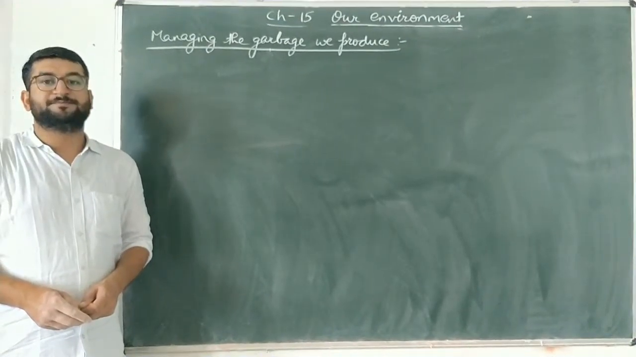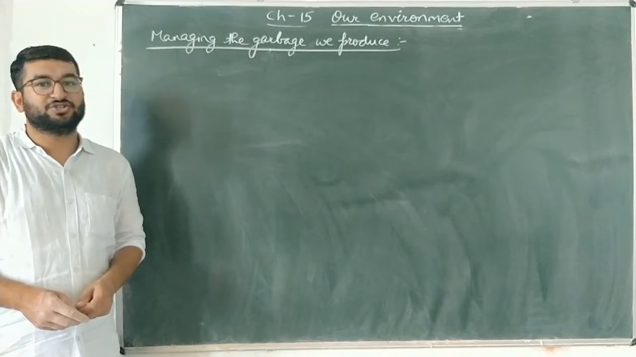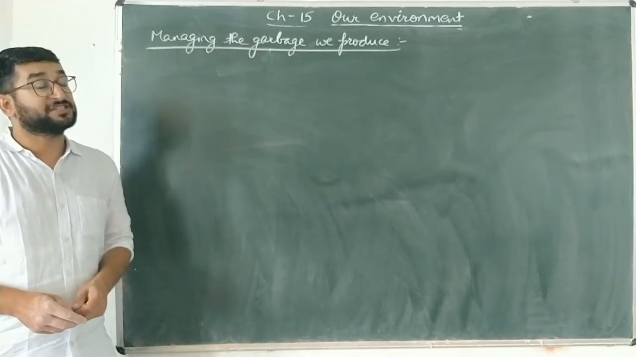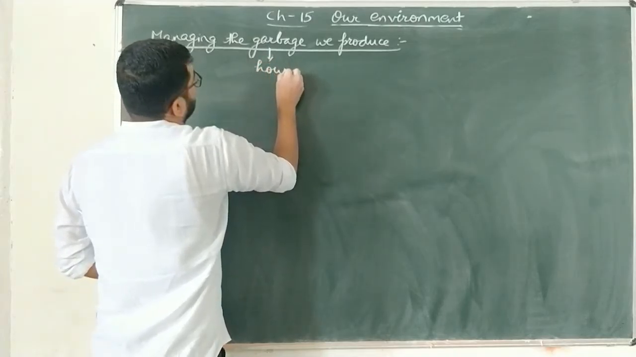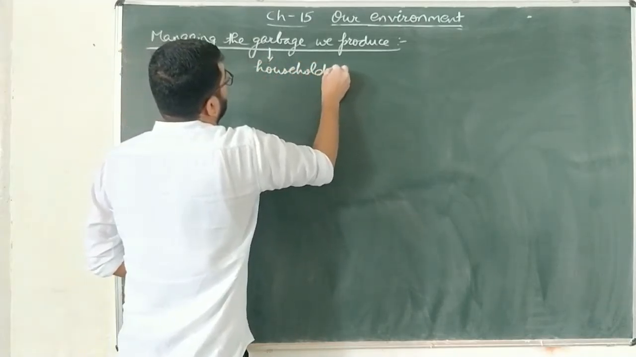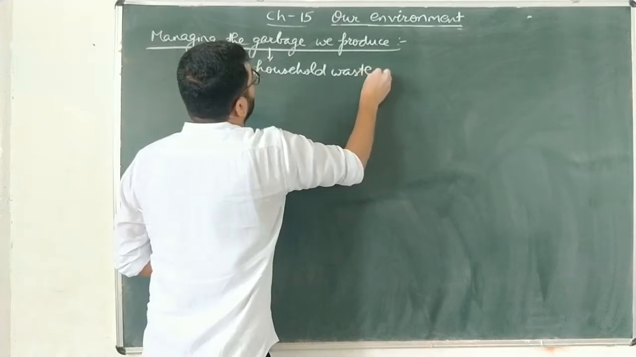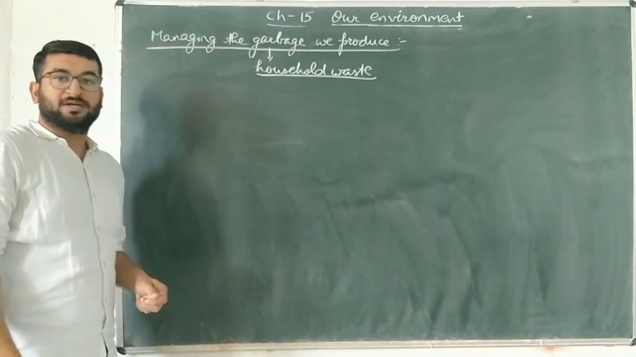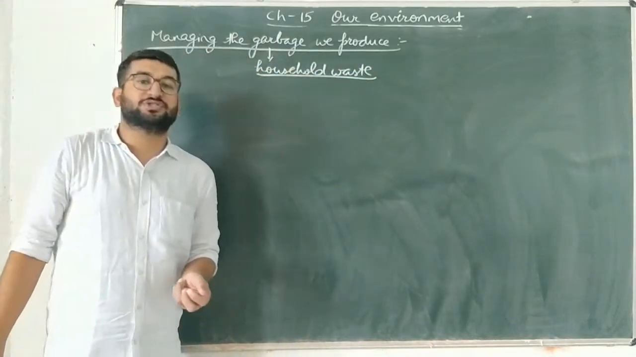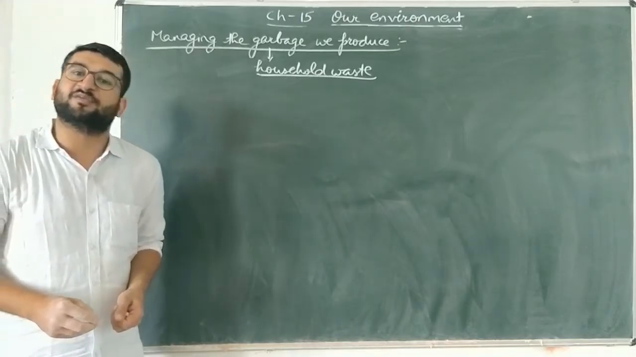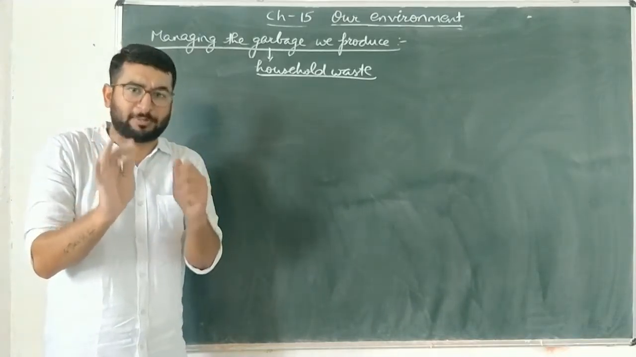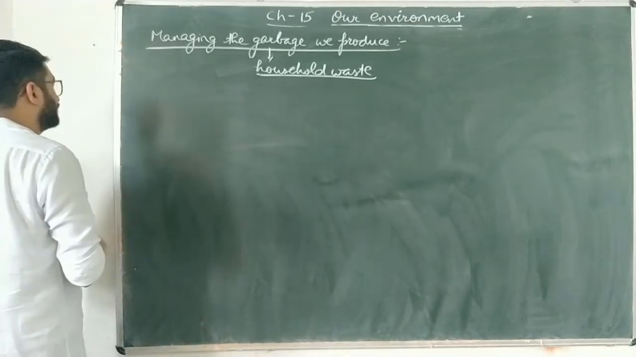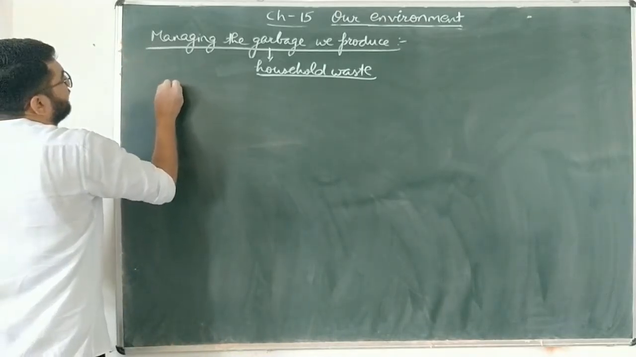Now we will discuss managing the garbage we produce. First we'll discuss what is garbage. The household waste or the rubbish which we produce in our household is referred as garbage. To dispose of that garbage properly, we'll study certain steps, and the first one is